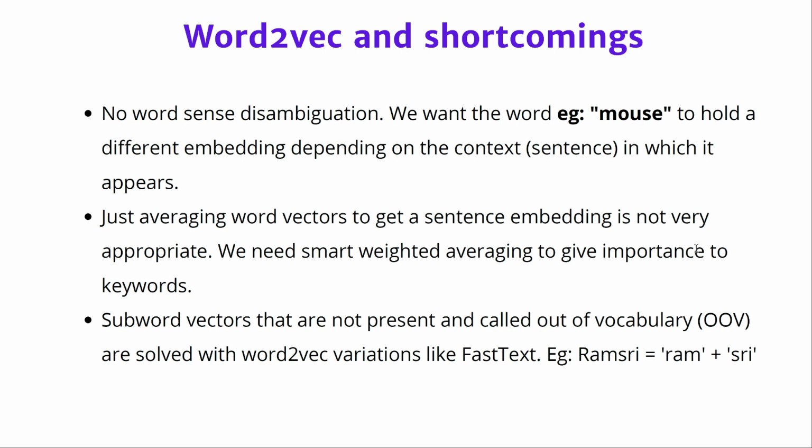Essentially at the end of the day, if you have a sentence like Ramsri is going to college, whichever word, in this case Ramsri, doesn't have a direct entry in the vocabulary of the Word2vec or word vector algorithm, fastText will split the out of vocabulary word into its subword tokens, where each of the tokens will have an entry in the fastText vocabulary, and we'll just take the sum or average of those when we are considering the sentence vector of the whole sentence.